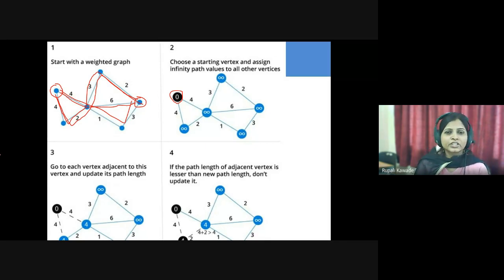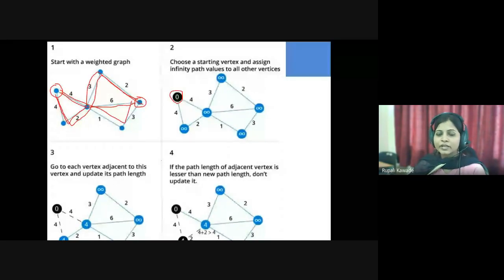In Kruskal's algorithm, we list the edges in ascending order and select only those edges which form the minimum spanning tree. In Prim's algorithm, we start from one vertex and move towards the other vertices by selecting the minimum distance between them. The same kind of logic is applied here in finding the shortest path to all the other vertices. So how do we do that, or what steps do we have to follow? First we will see this, then we will take one more example, and I will show you how to draw the table of weights.